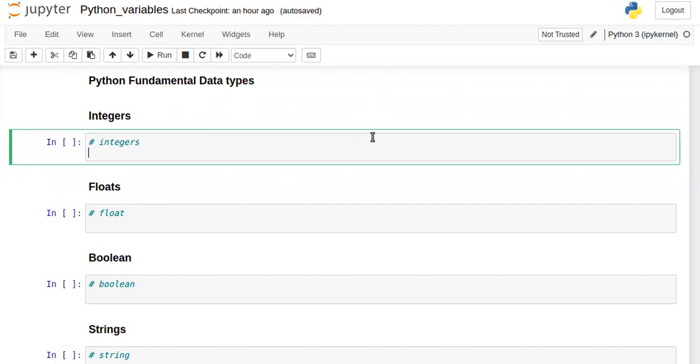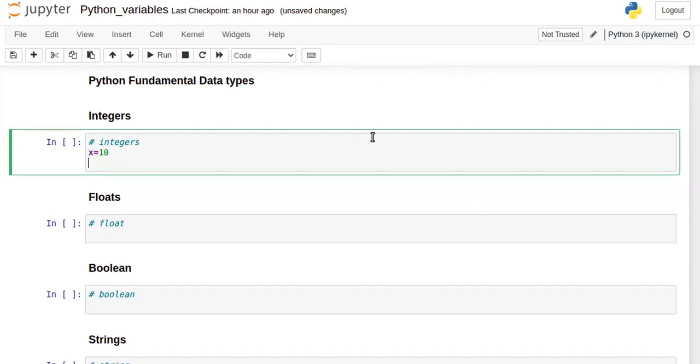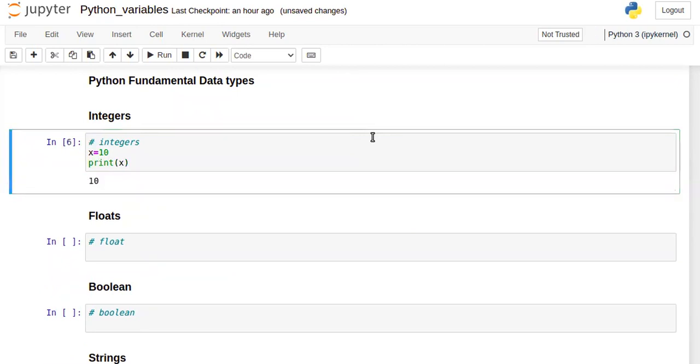Okay, so let's get into the practical part of it. Say here, we have integers first. When I take integers into consideration, let's say we declare a variable x is equals to 10. Okay, and then we have a print statement in order to display whatever value we have in x. So it is 10. If you see in the first line, we have integers. This is basically a single line comment. If you haven't watched it, please go through the Python comments video. I have one more video that is now uploaded on the Python integers, so you can watch that. I even talked about how to declare a Python variable. So let's come to